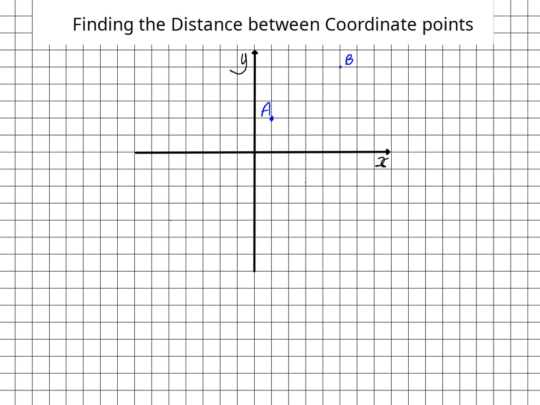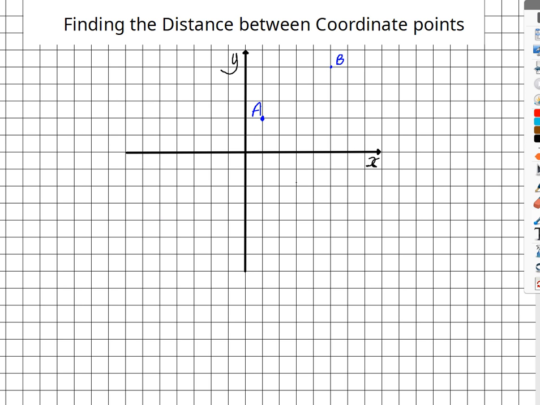Okay, today we are going to look at using our Pythagoras skills in another way, in another application. We're going to be looking at finding the distance between two coordinate points. Okay, so if you're given a question like the one on the screen here, where you have point A and point B, and are then asked the distance from point A to point B, which should be this distance here,